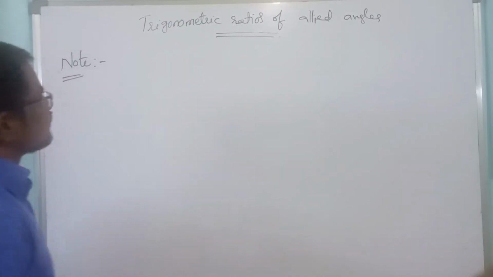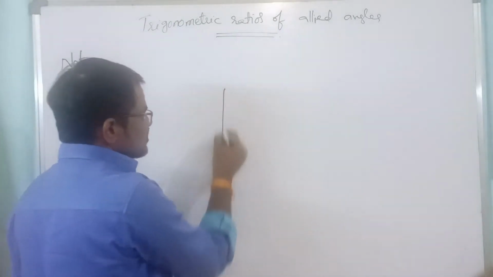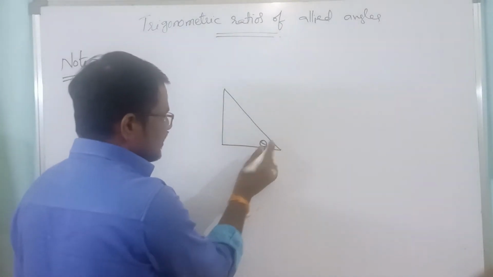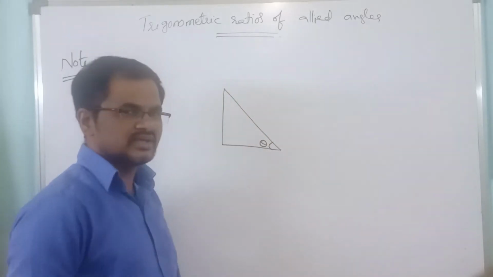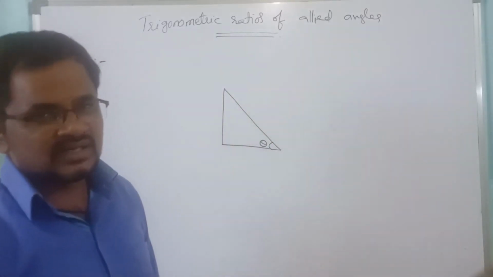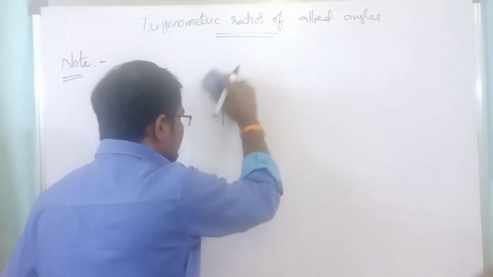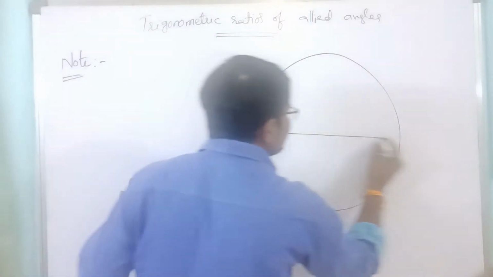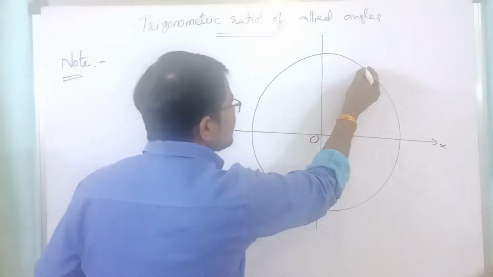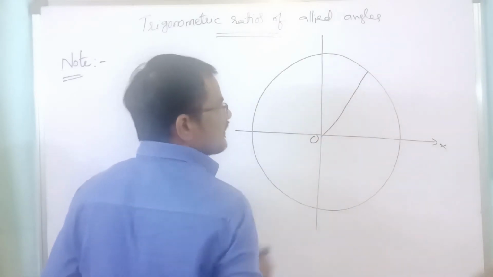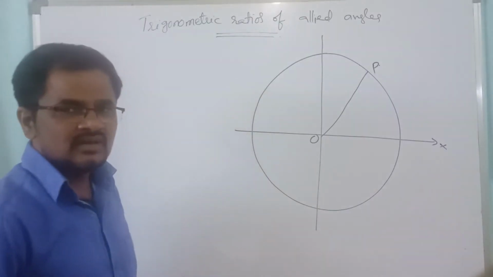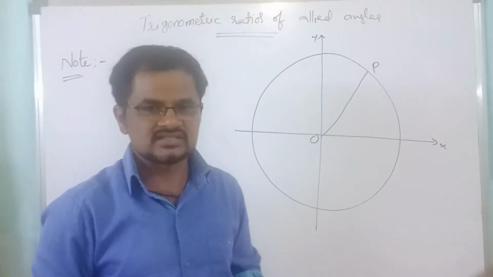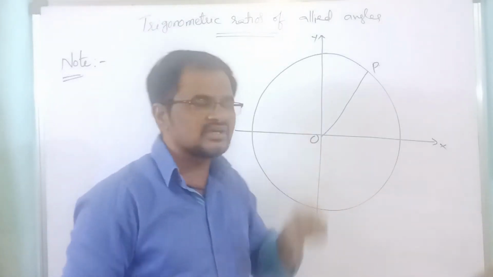See, one note. Generally, trigonometric functions are defined on a right angle triangle, right? Suppose you take theta here, for this one you take opposite, adjacent and hypotenuse, and according to that we define the trigonometric functions or trigonometric ratios. But suppose a circle is given whose center is origin and radius is r. This OP is the radius, right? So in this triangle, how do we define the trigonometric functions? This is the most important concept, right? We have to redefine the trigonometric functions.